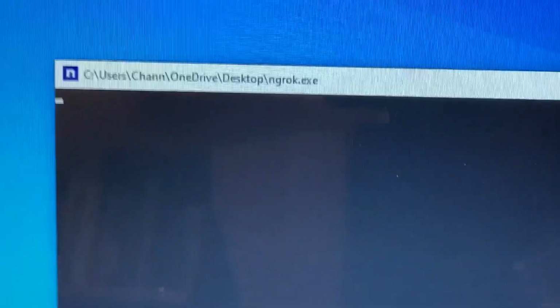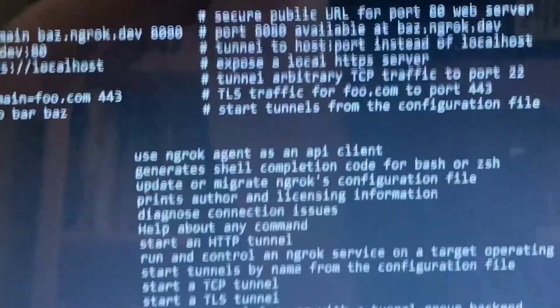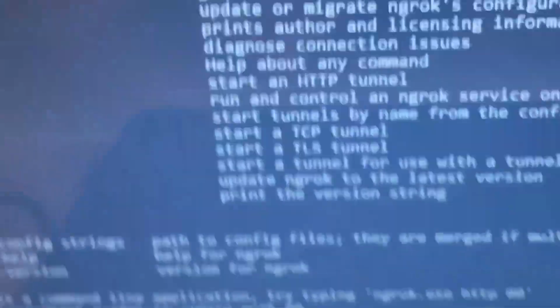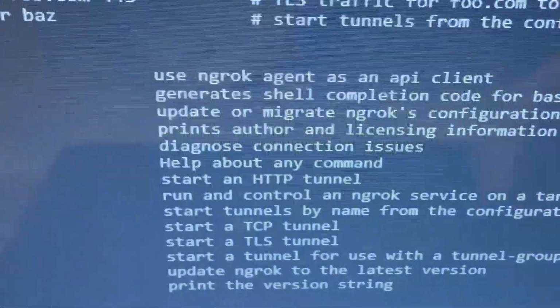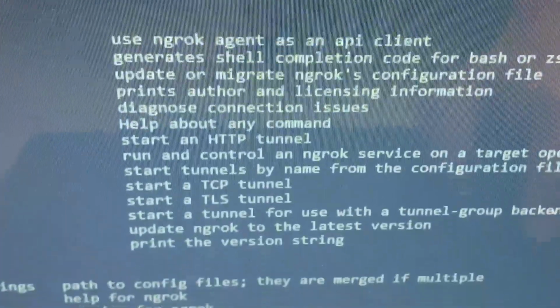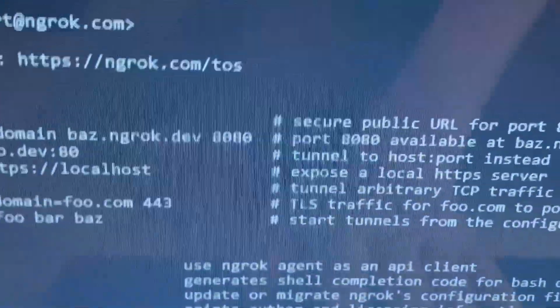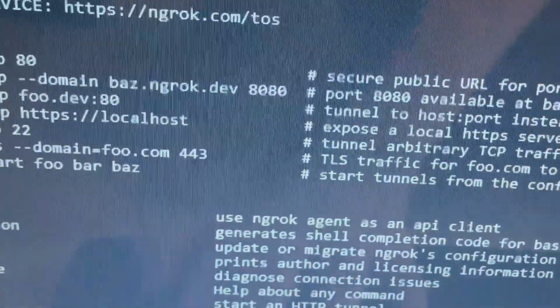And this took me so long to figure out how to do this. You actually use a program that makes it much simpler. You use a program called Ngrok. And Ngrok is basically like a port forwarding thing. So it just gives you an IP. And basically, all you have to do is just go and type in ngrok tcp, and then your server's